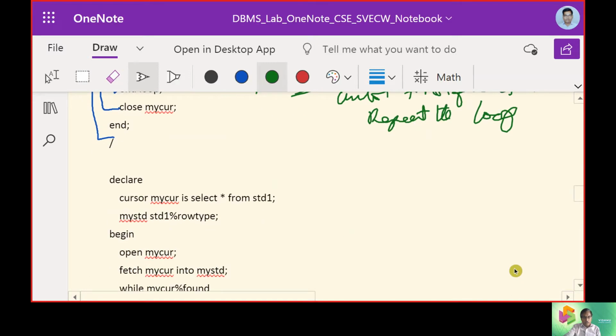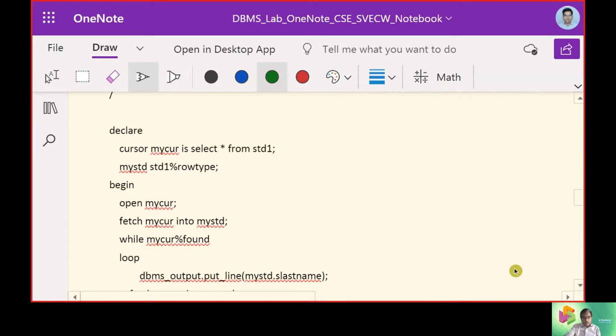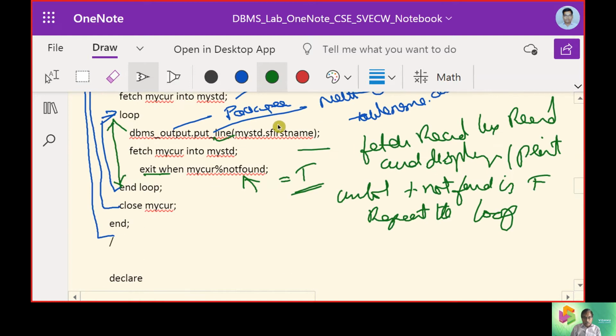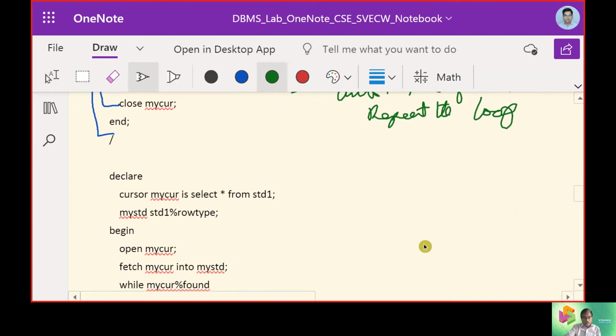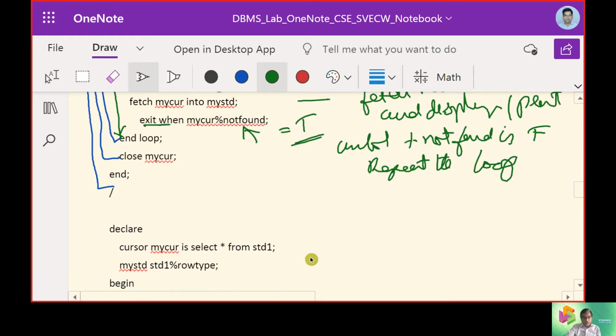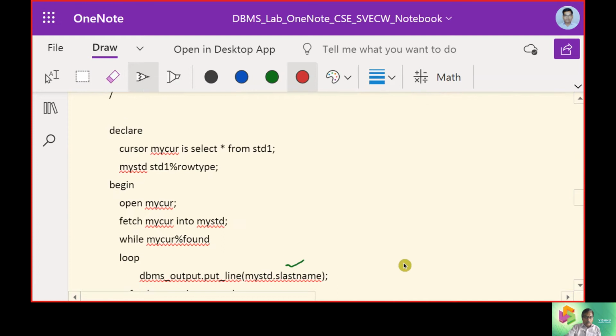So what was the other value? The other value was we were working with first name. Instead of first name, now we will repeat the same process, but we will display it with the last name for user convenience. And the second difference was here we made percentage not found. Now we are demonstrating percentage found. That was the key takeaway.